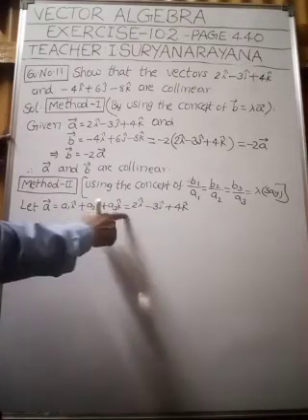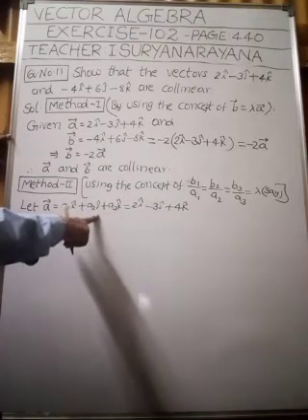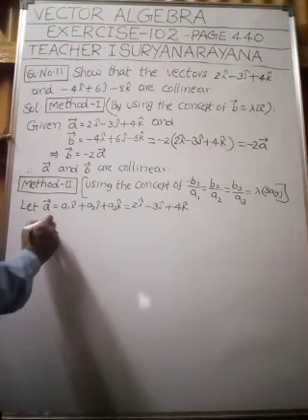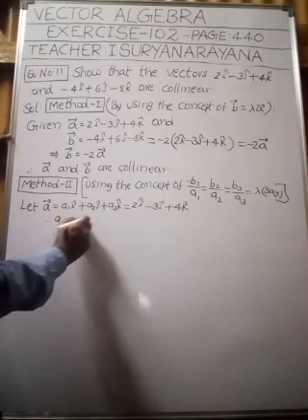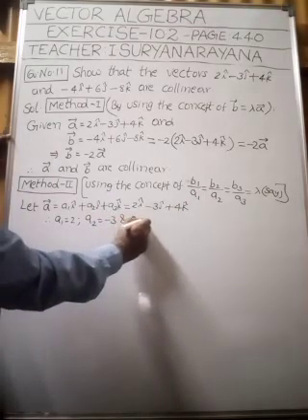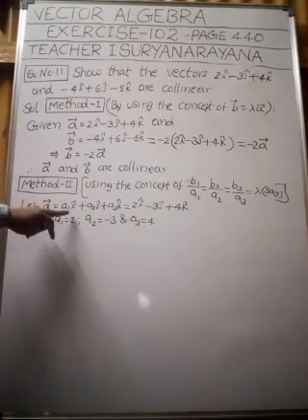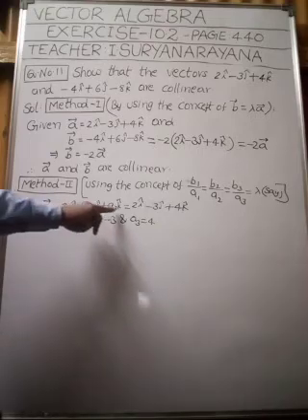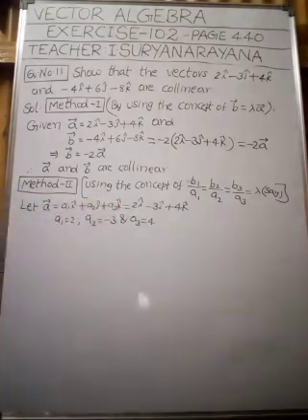I assume this vector as a1 i cap plus a2 j cap plus a3 k cap. Therefore, a1 is equal to 2, a2 is equal to minus 3 and a3 is equal to 4. I compared the coefficients of i cap, j cap and k cap on both sides respectively. Okay, my children. Similarly,